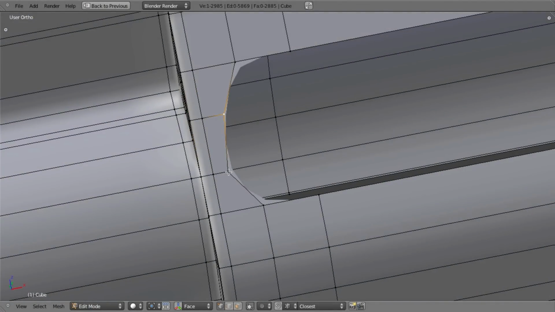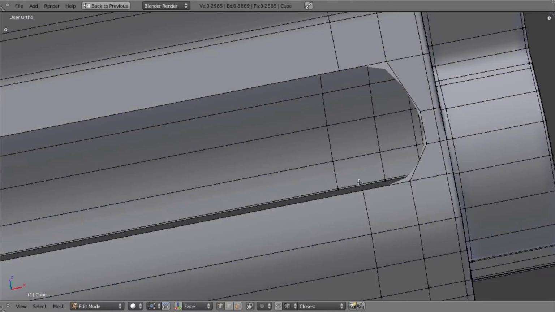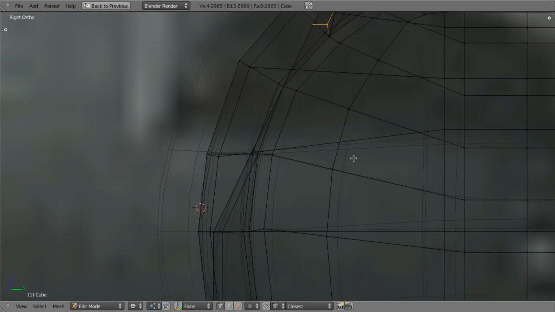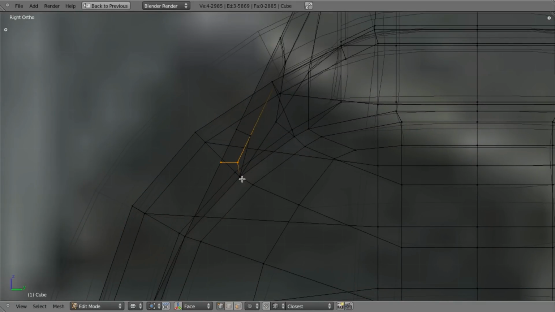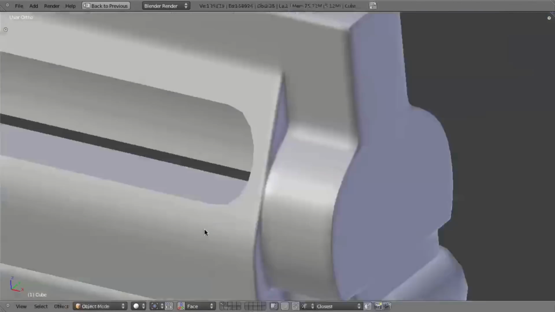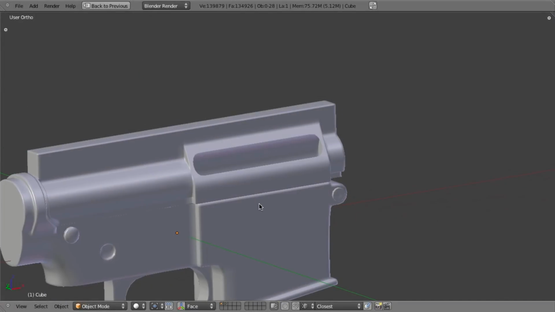Select this vertex now, hit G, X, snap over to there, and then I'll do the same thing on the other side. And in this case, I'm going to hit 3 to go to side view, then I'll hit Control E, edge slide, bring it up until it's basically even, just to ensure that things are symmetrical. And there we go. Now I've got a nice hole in my mesh